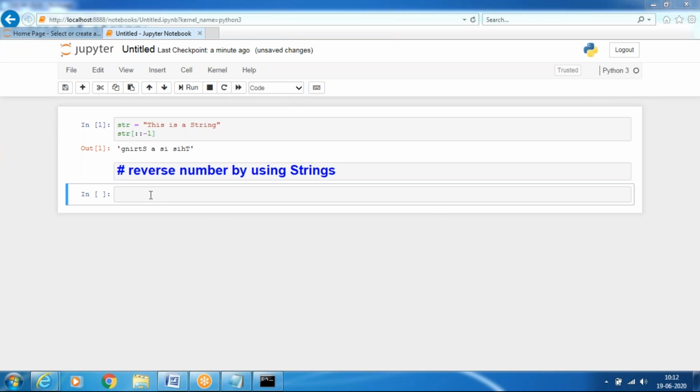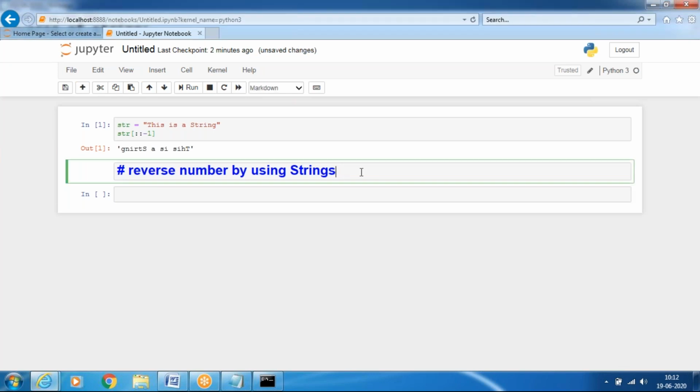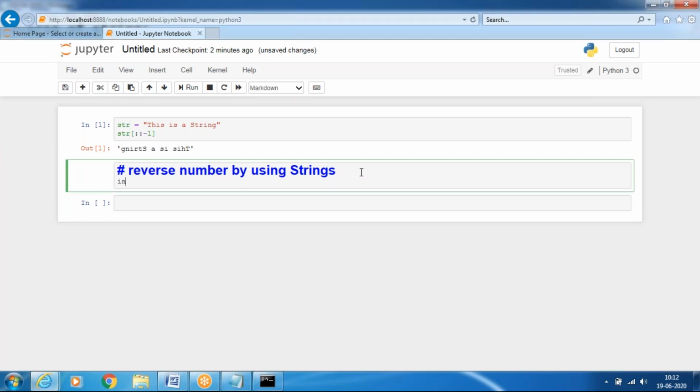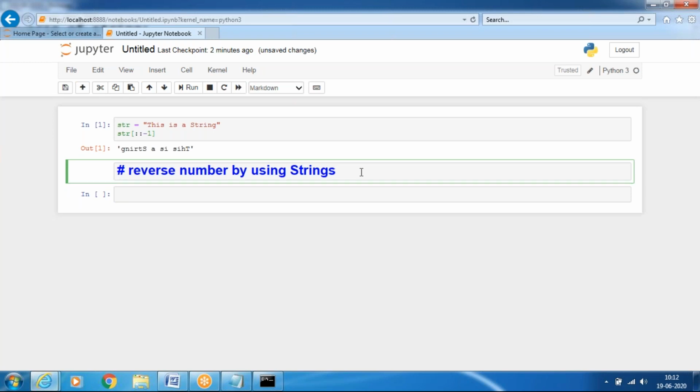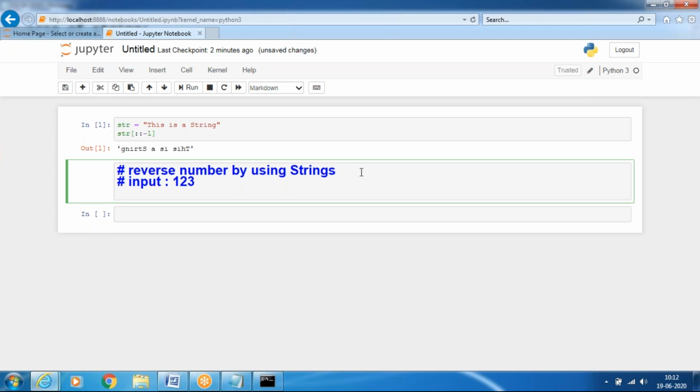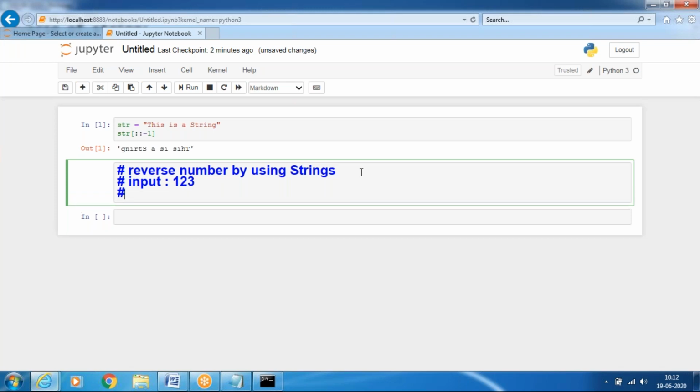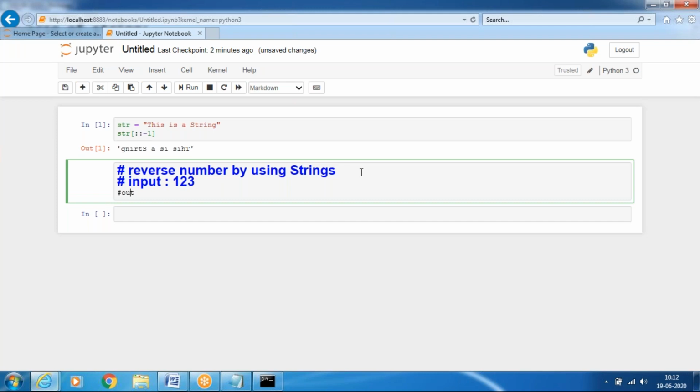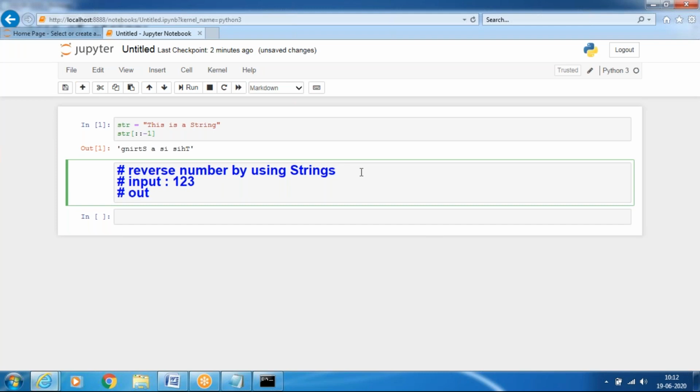How to design this reverse number? Suppose the input is 123 and the output will be 321.